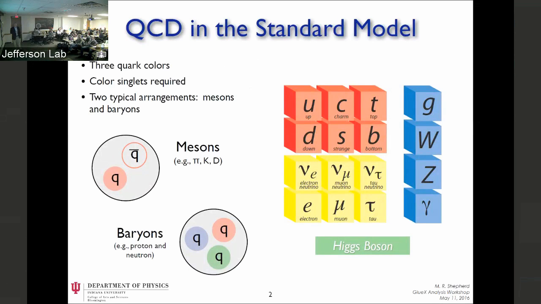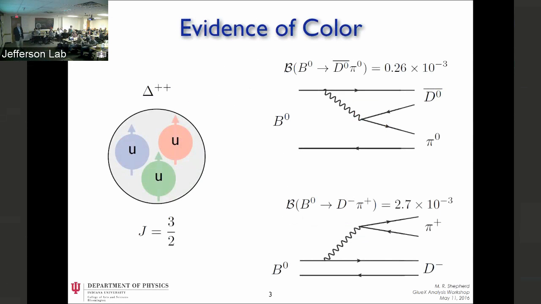So QCD in the standard model, why is it interesting, and what can we learn by studying the spectrum of mesons? We know that empirically, hadrons seem to come in arrangements of mesons and baryons, 2-quark or quark-antiquark mesons and 3-quark baryons, and that's just a fact that we see in nature, and we attribute that to color and the color interaction and QCD in the standard model. And what I want to talk about a little bit is what we might learn about QCD by looking at the spectrum of these mesons, and in particular, there are interesting things to learn about baryons too, but I'll focus on mesons.